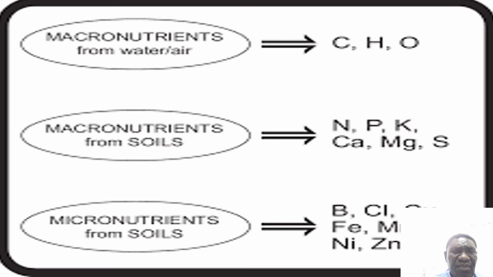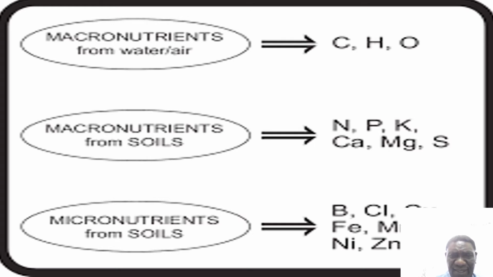Initially, we talked about macronutrients from water and air, which are carbon dioxide, which are carbon, hydrogen, and oxygen. Although we didn't do much on this, otherwise we talked a lot on the macronutrients from the soils. That is nitrogen, phosphorus, potassium, calcium, magnesium, and sulfur. Today we are going to concentrate on